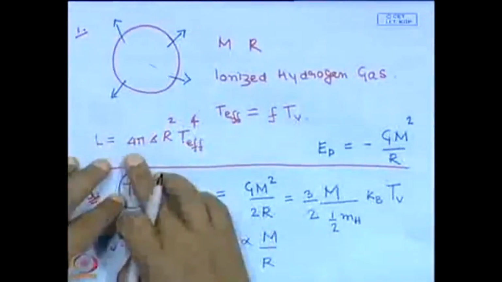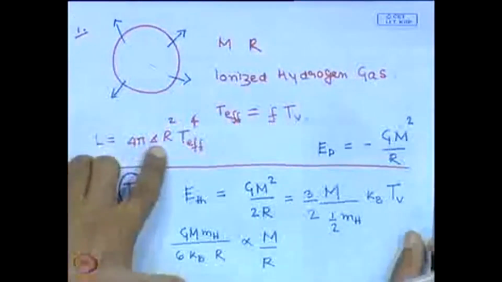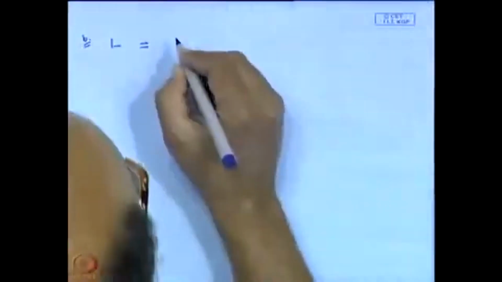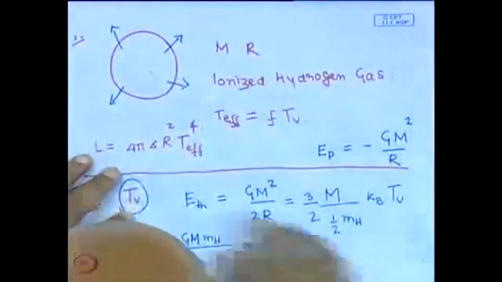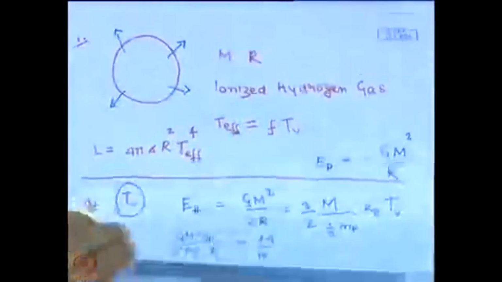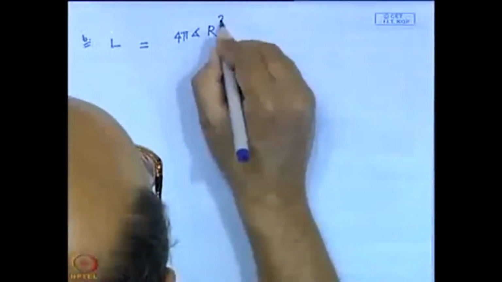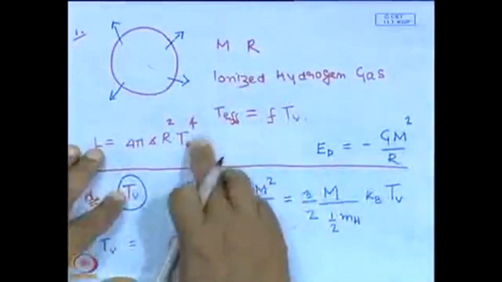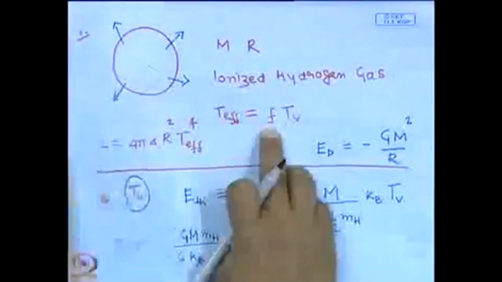So, let me just keep the factor of 4 pi as it is, 4 pi, and then we have this Stefan-Boltzmann constant sigma. Let me write those factors down: 4 pi sigma, and then we have r square, then we have this T effective to the power 4, which we can write in terms of the virial temperature. So, we have